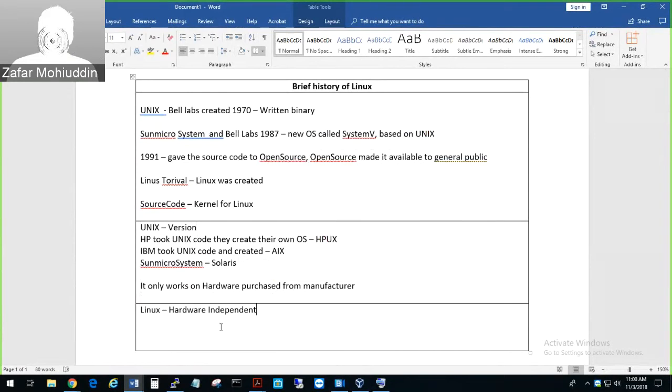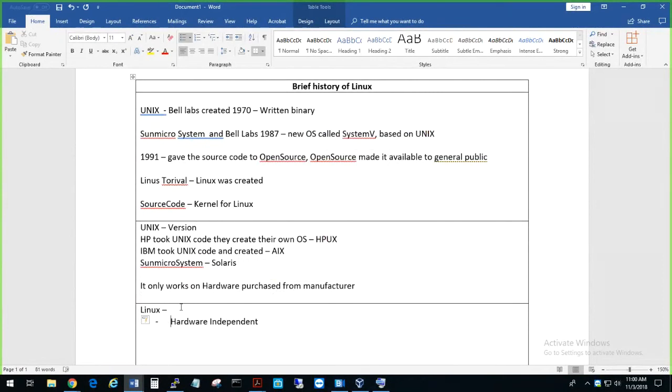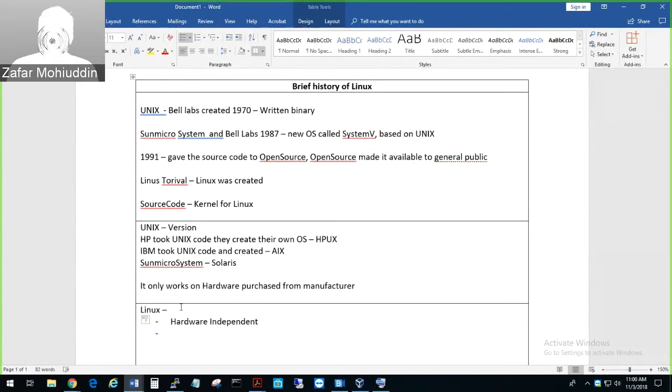Okay, and then let me do it this way. Linux became hardware independent, free, and it's very stable